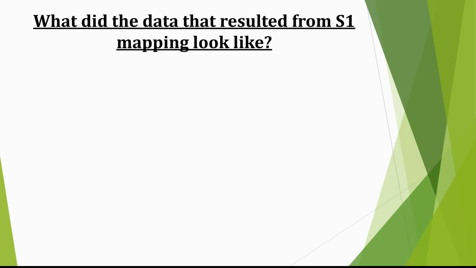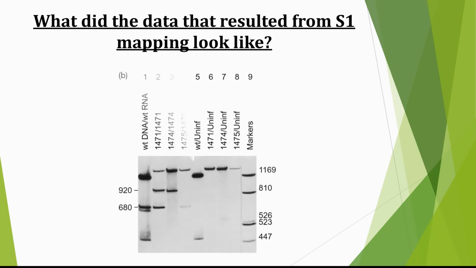So, when they performed S1 with the DNA to find out how long the mRNAs were, what did they find? Well, the results looked like this. So, what can we see from this gel? Well, first let me orient you a bit. See those numbers across the top? The first number before the slash is the type of probe that they used, either for wild-type DNA, 1471, 1474,